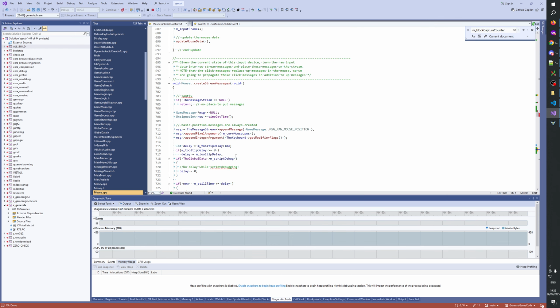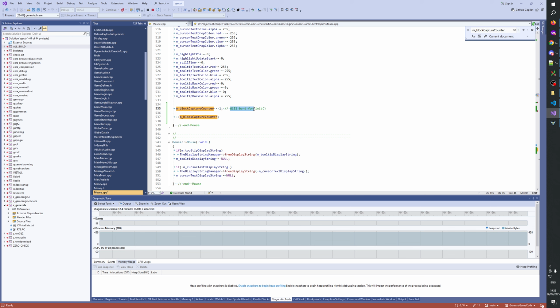Waiting for inits. -1, +1 for mouse inits. +1 for game mode changed.